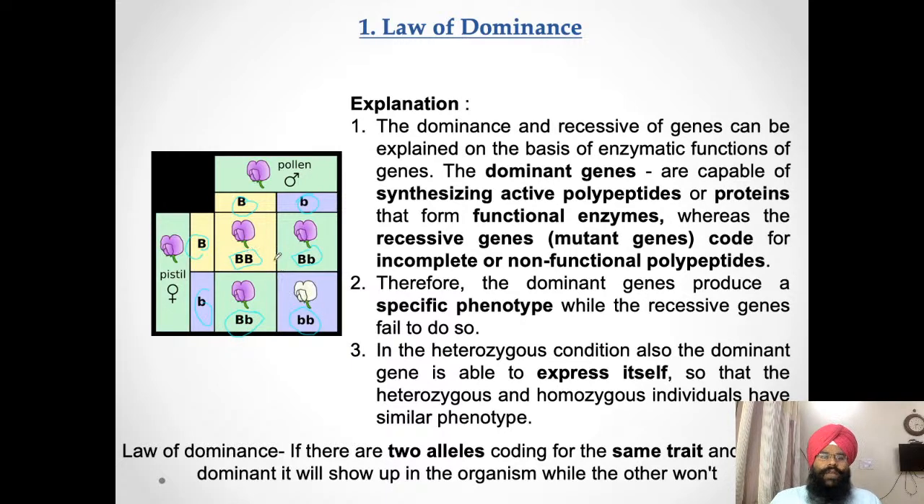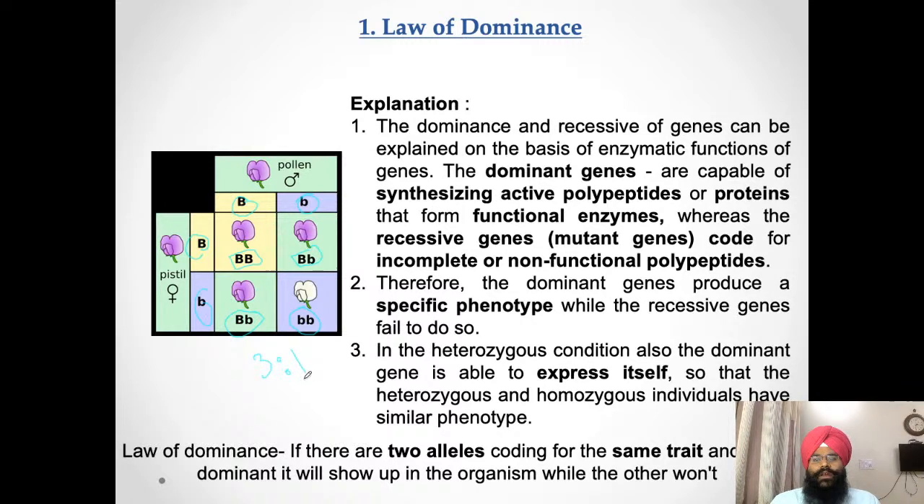Because capital B is a dominant character, purple color, we always see purple color in this case: purple, purple, purple. But when both recessive genes are present, we see a white color. That's why we see a 3:1 ratio in the F1 hybrid. Dominance and recessiveness of the genes can be explained on the basis of enzymatic functions